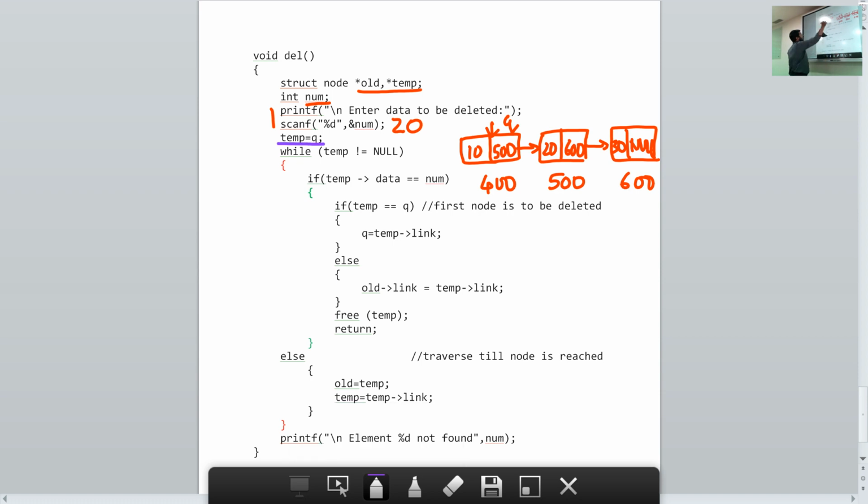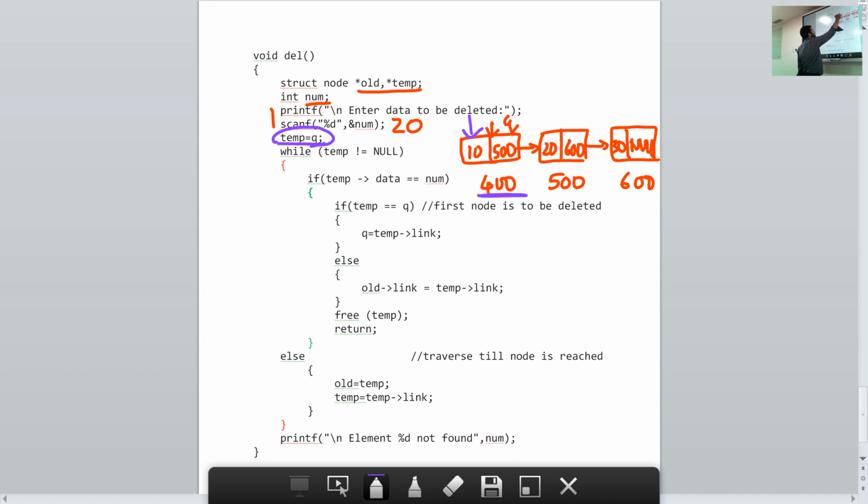we assign a value of temp equal to q. That is, whatever is the value of q. What is the value of q here in the diagram? Value of q is 400. So we assign the value of q, that is 400, to temp. So when we assign the value of q, that is 400, to temp, what will happen?